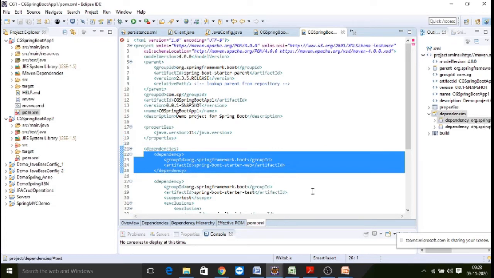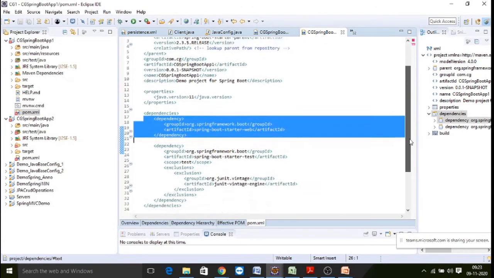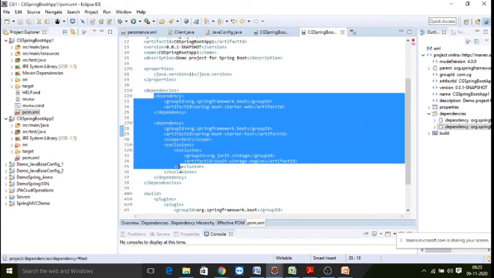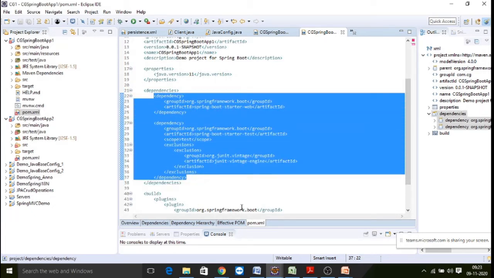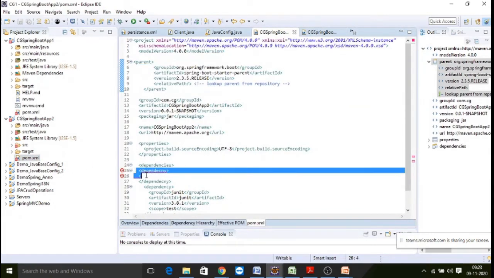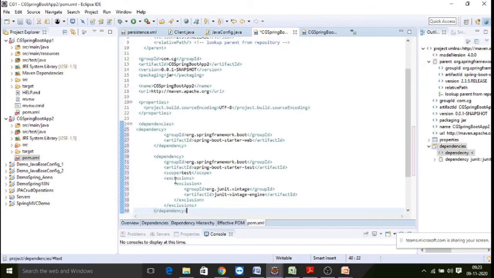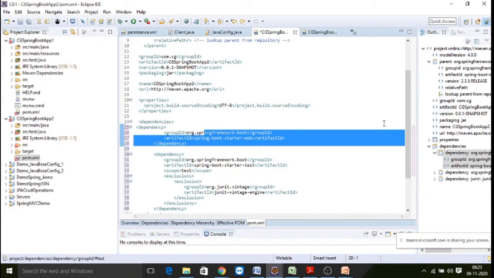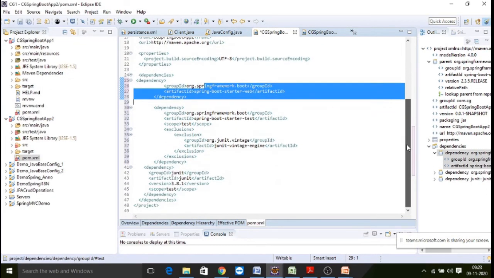If you are going to work on JUnit test cases, then you need JUnit dependencies, so you can copy that. As a very first example, we are not going to work with any of the JUnit test cases. At least you need to start with Spring Boot starter web, right?